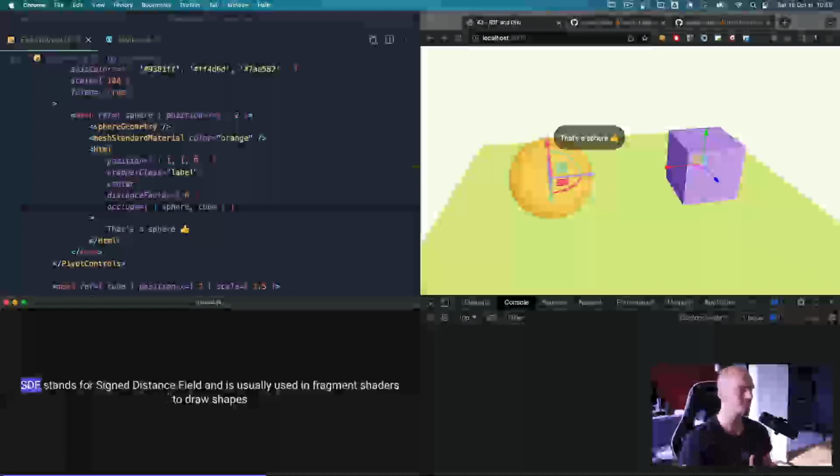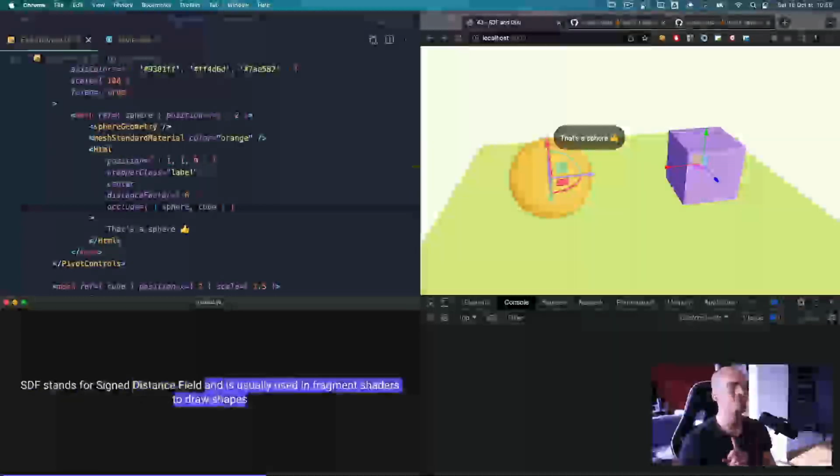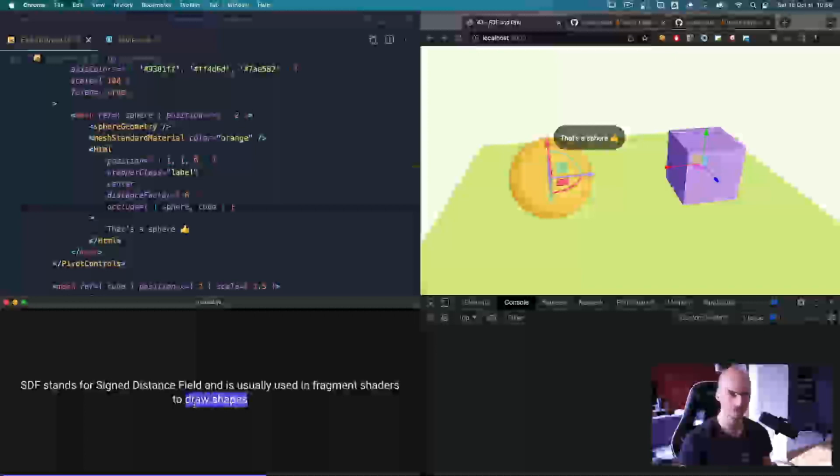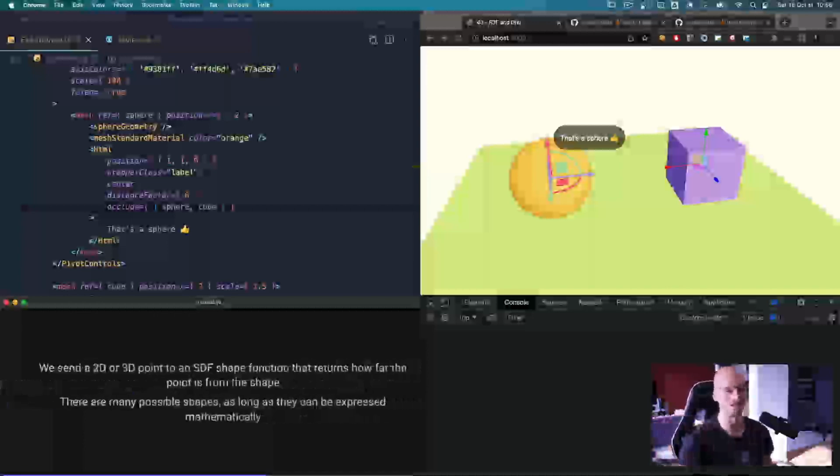So first, SDF stands for Signed Distance Field, which doesn't help at all, and is usually used in fragment shaders to draw shapes. You can do much more with SDF, but usually we use it to draw shapes, and it's going to be the case right now with the fonts. But first I'm going to focus on SDF, then SDF fonts, and then we just use that helper and see